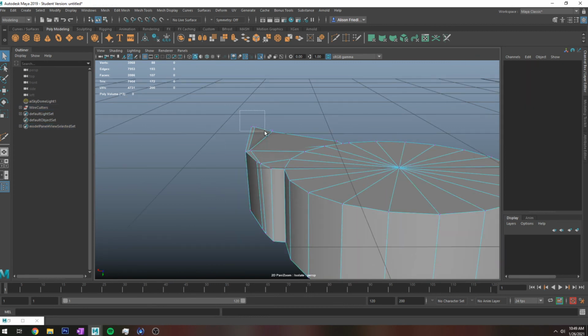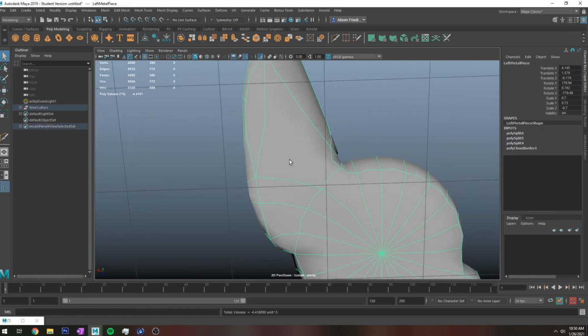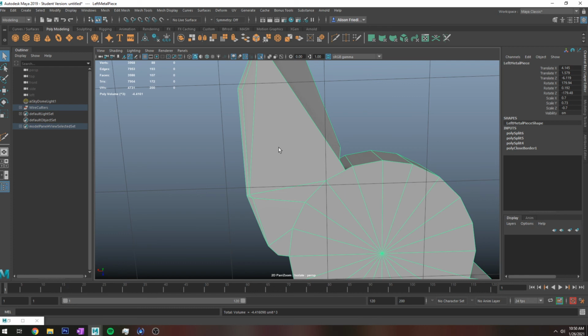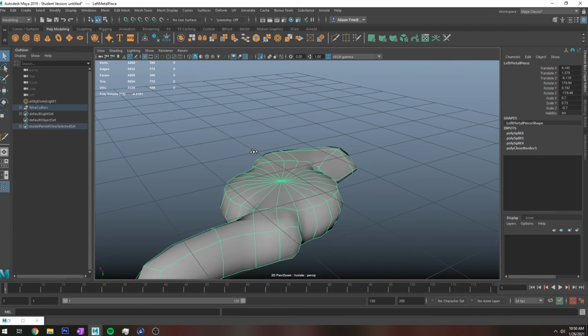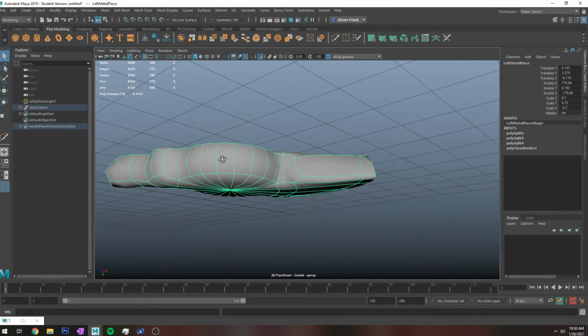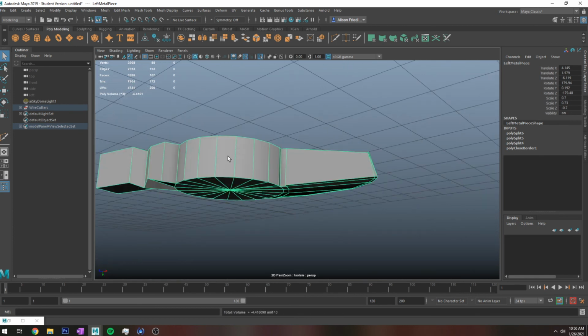And I don't know exactly what I did here. I think this was just me being stupid when I was moving stuff around, but that obviously should get squished back down into place. So this could still definitely use a little bit of shaping based on what I did, but I think at this point it's at least clean and free of geometry errors if you wanted to go forward with this. But yeah,